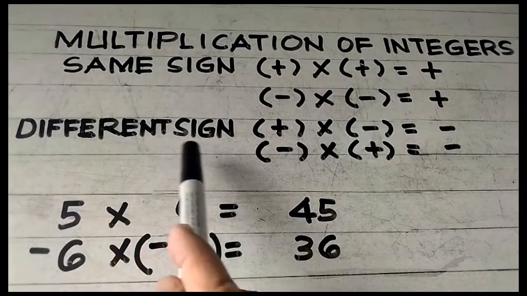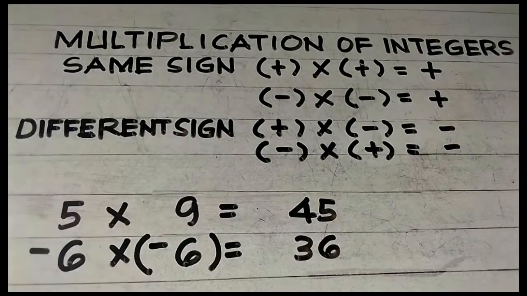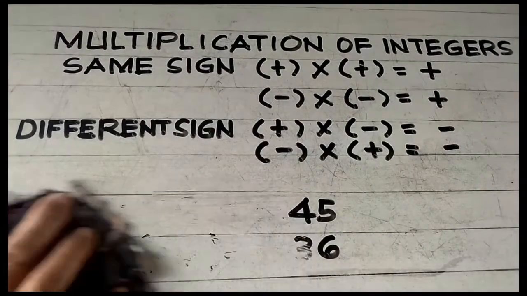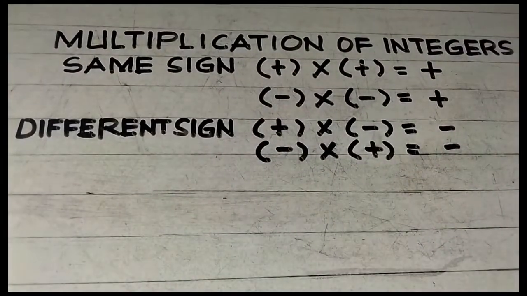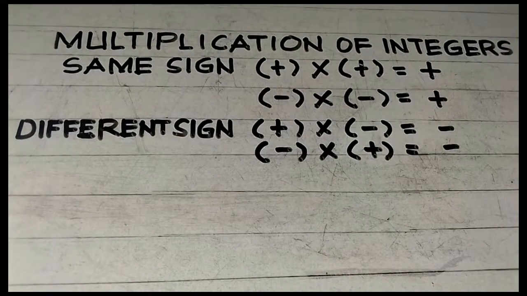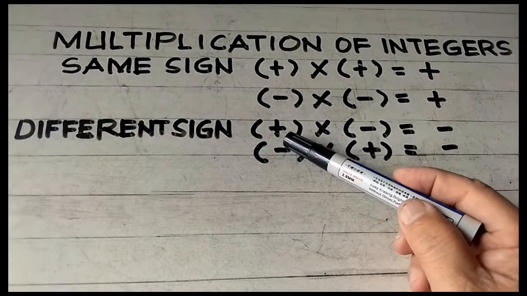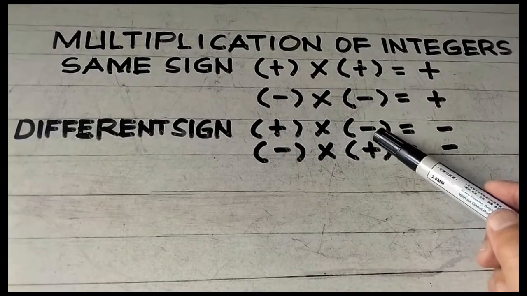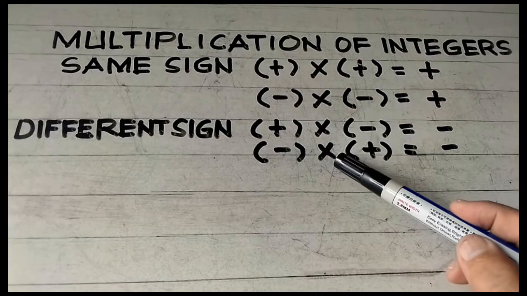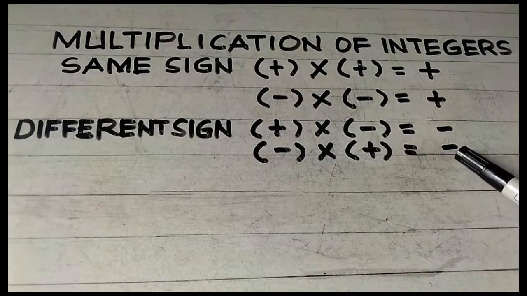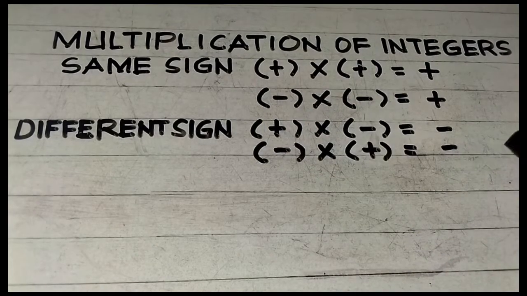Sa different sign naman tayo. Sa different sign, positive multiply by negative, that would be negative. Negative multiply by positive, that would be negative. Example,